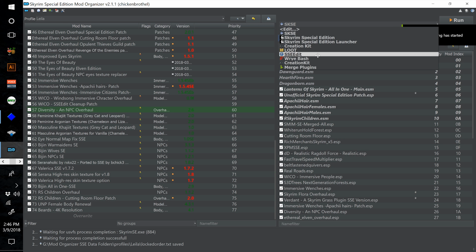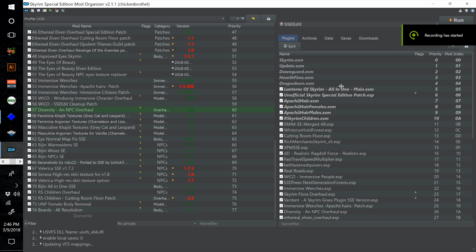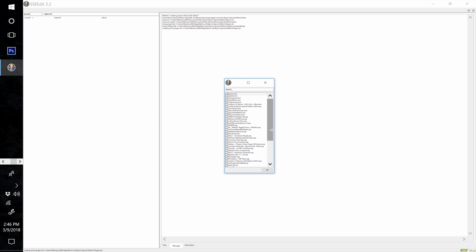So what you're going to want to do is jump into SSEEdit and right click and select None. And now just select anything that affects the NPCs. So we're going to want WICO, Ethereal Elven Overhaul, Diversity, Bijin, probably RS Children too, just because it affects so many tint maps and things. And then go ahead and select the Unofficial Skyrim Special Edition Patch and the Cutting Room Floor.esp and the RSkyrimChildren.esm, WICO Immersive People, and go ahead and select the Ethereal Elven Overhaul Cutting Room Floor patch as well,